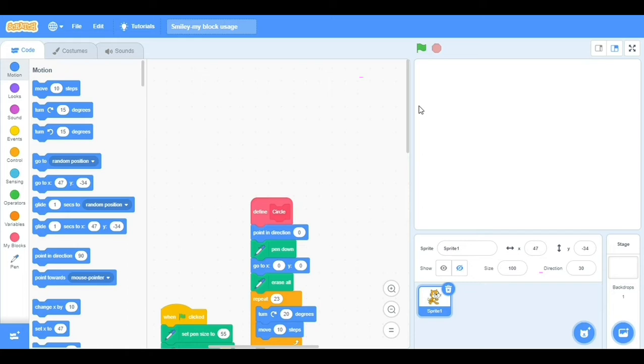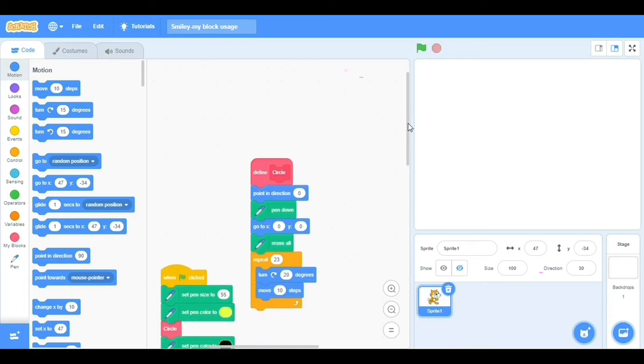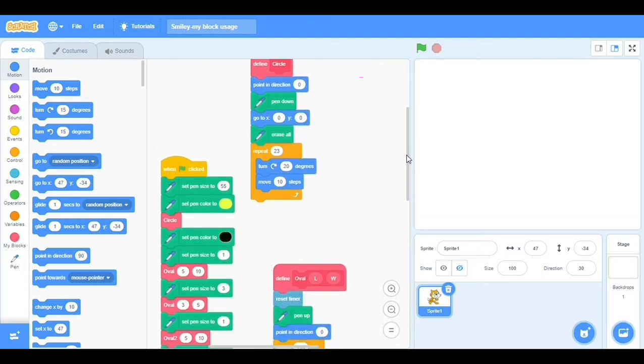Today we will see how to draw a smiley in Scratch. I'm using my blocks here. So this is my end result. If you clearly observe, it has drawn a circle in the beginning. After that, two eyes. So in total it has drawn four vowels and one arc.